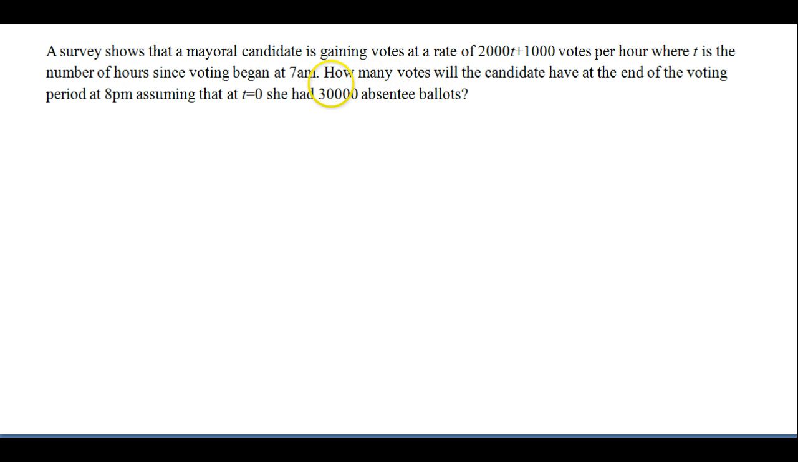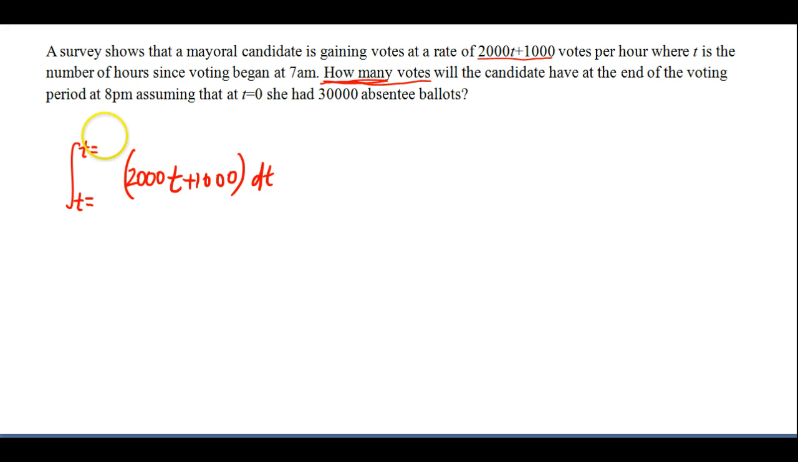Alright, so the question we're being asked is how many votes will the candidate have? The emphasis on how many means we're looking for a quantity. And we've been given a function that's a rate. The candidate is gaining votes at a rate of 2,000 t plus 1,000 votes per hour. So this is a rate of a quantity over a time, votes per hour. So what I want to do is set up an integral from a starting time to an ending time of a rate, and that rate was given as 2,000 t plus 1,000